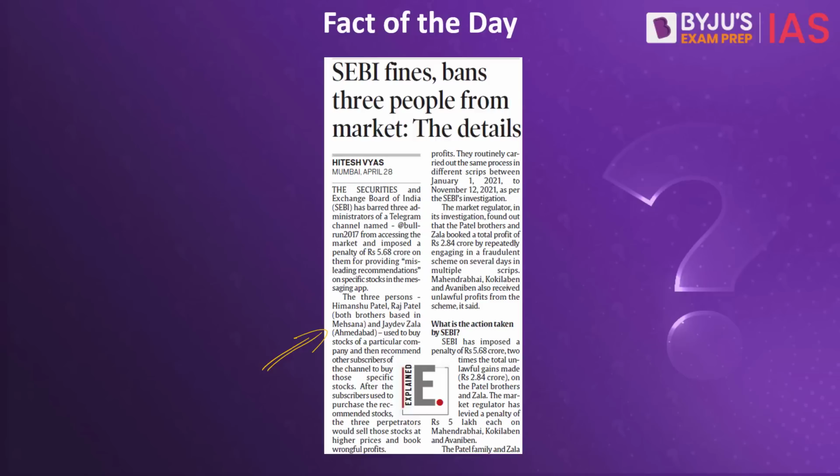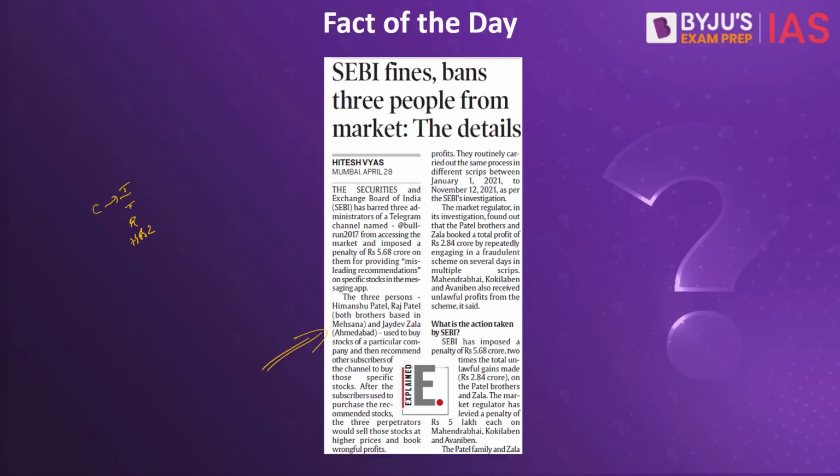Another linked concept in the stock market is what is called insider trading. What is insider trading? Let me give you an example. Let's say there is a company. Let's assume hypothetically that it is Infosys. It can also be Tata Motors, or Reliance, or HCL, any company for that matter.